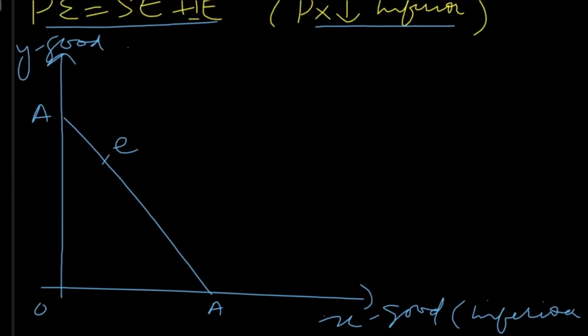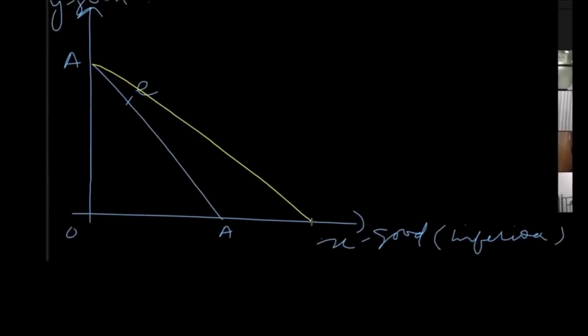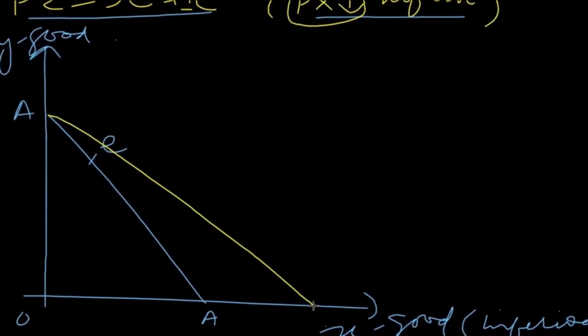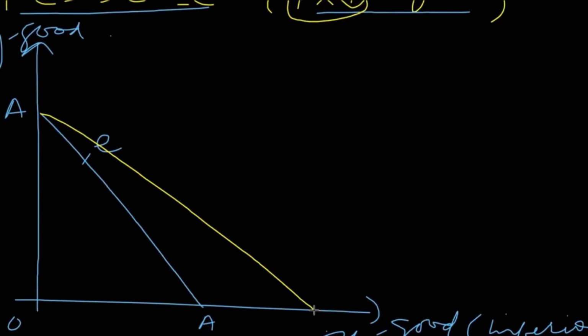Now first of all, to incorporate the price effect, whenever there is fall in price of X, there will be a pivotal shift in budget line like this. And for showing substitution effect, while we draw substitution effect, we are considering that the purchasing power of consumer is kept constant. Okay, when budget line shifts to the right, it shows that purchasing power of consumer has increased. When budget line shifts from AA to AB, it shows that consumer's purchasing power has increased. If we try to keep purchasing power of consumer constant, then we will have to show substitution effect, and we will have to shift budget line to the left, completely to the left.